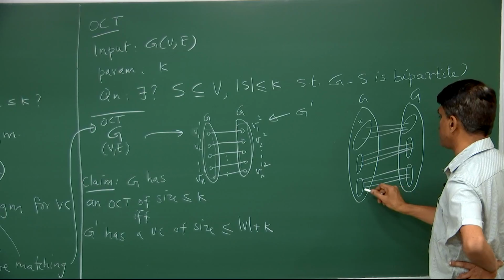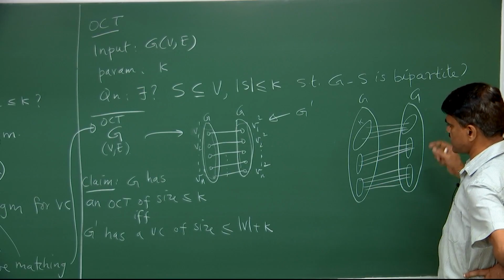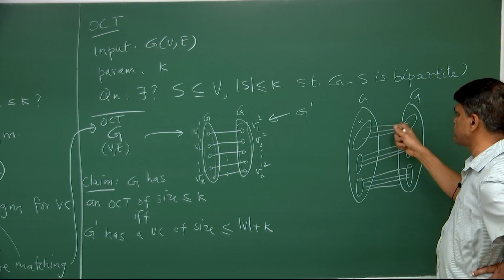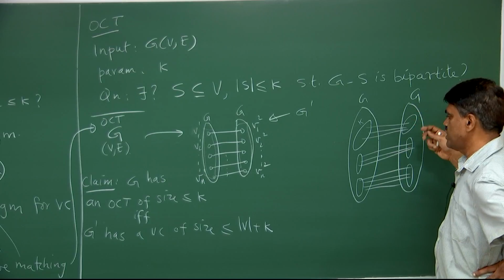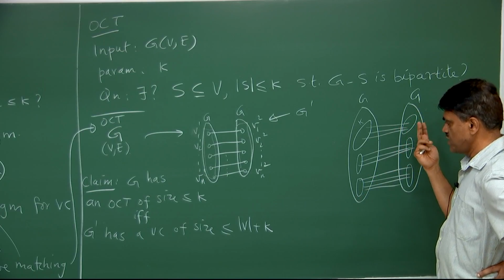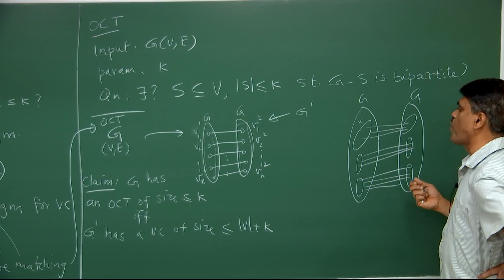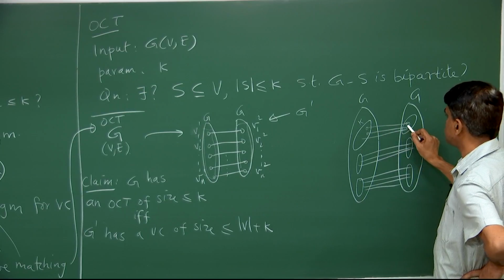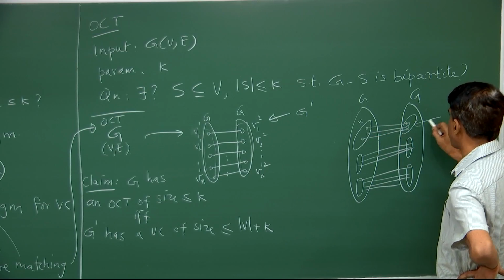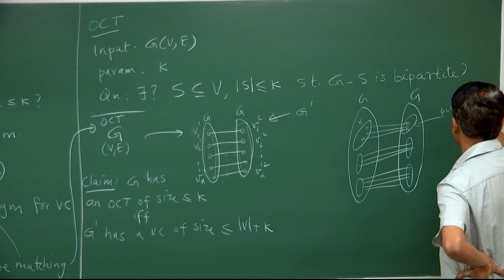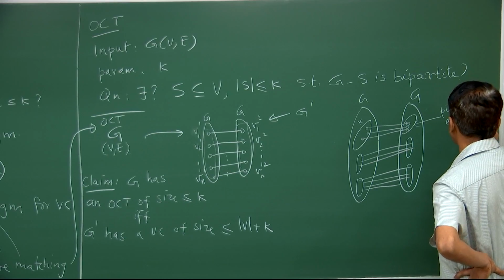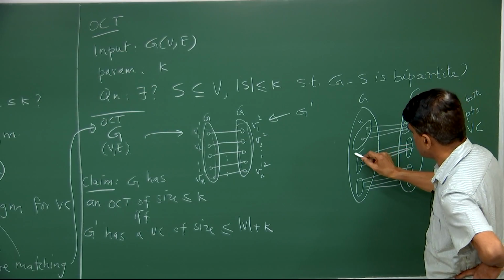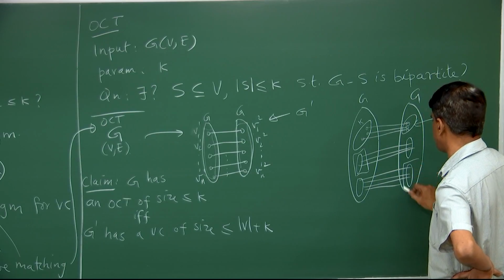Now I have to produce a vertex cover which picks exactly one vertex from each of the matching edges and 2 vertices from each of these k edges. So up to k edges, it can pick 2 vertices from the matching edges, and for other matching edges, it should pick 1. So the natural thing is for these k edges, I am going to pick both, and for the others, for one of them pick one side and for another pick the other side,